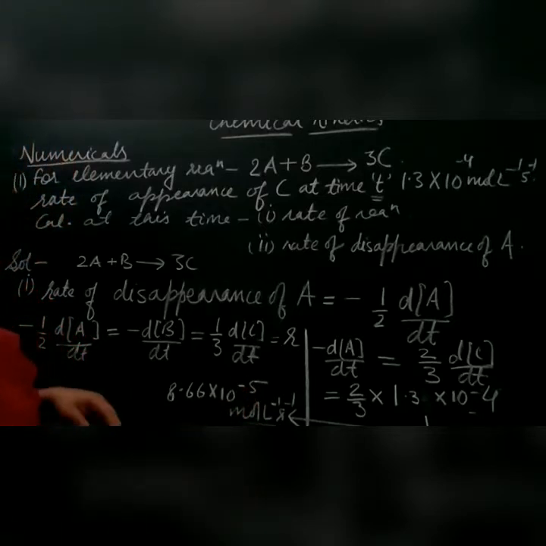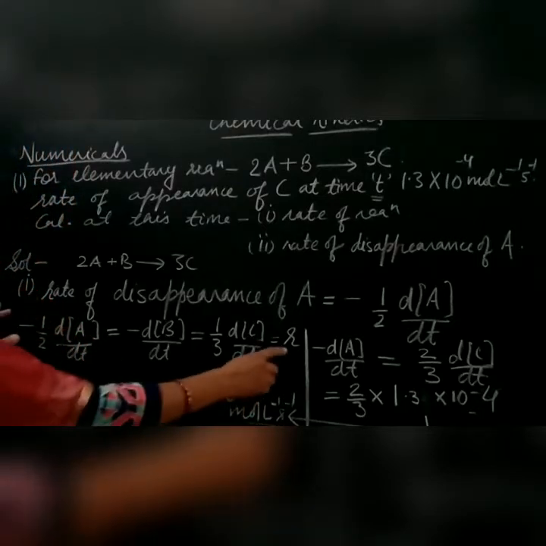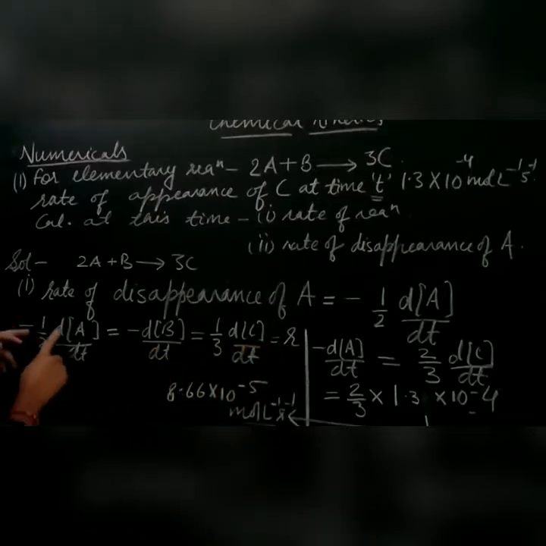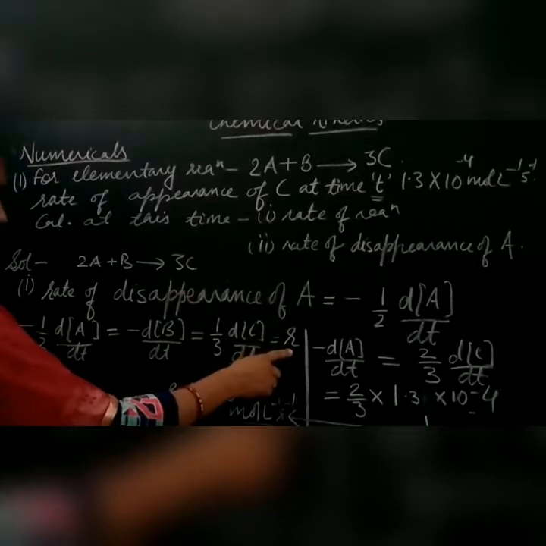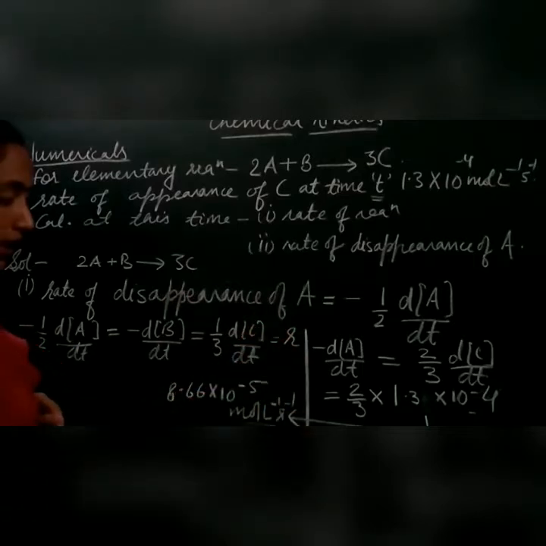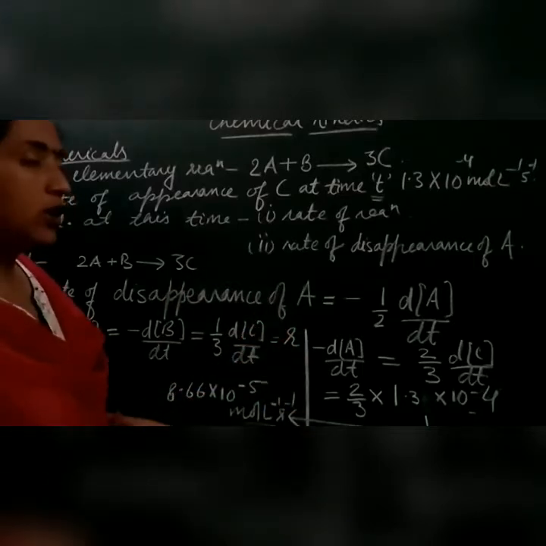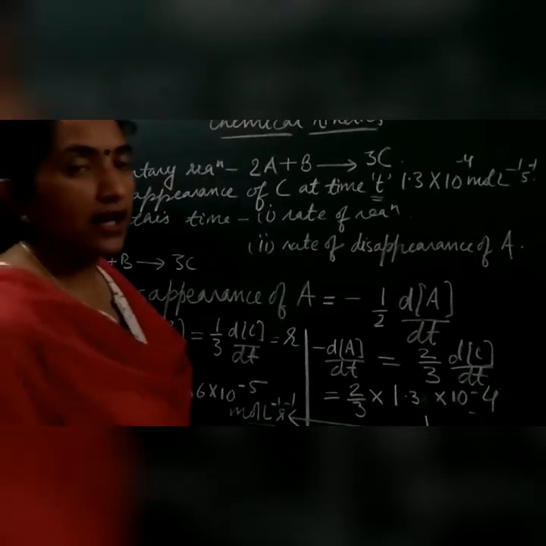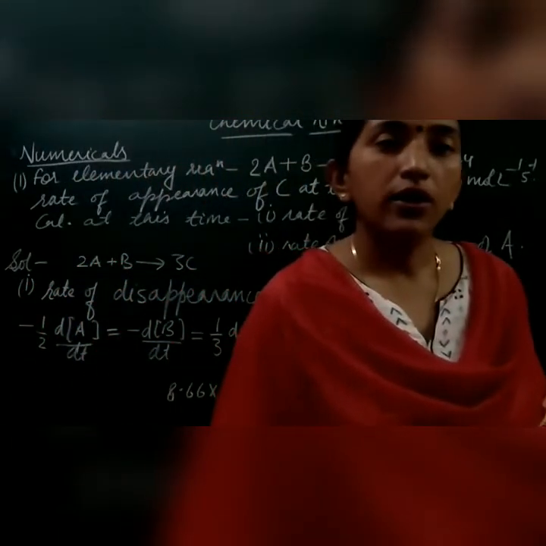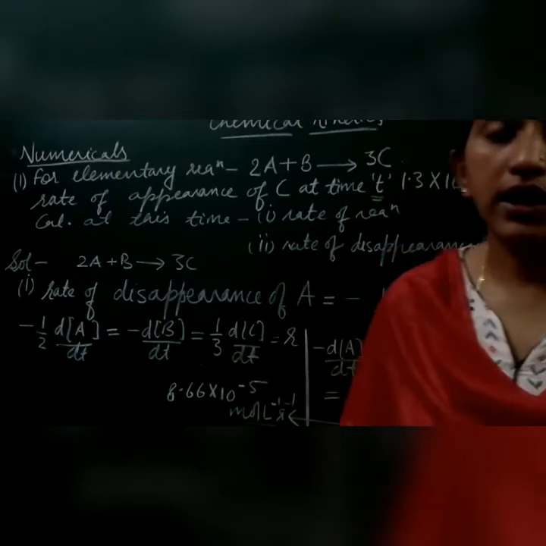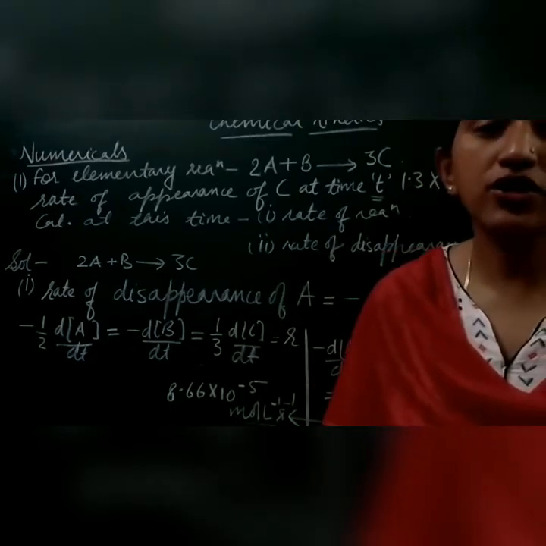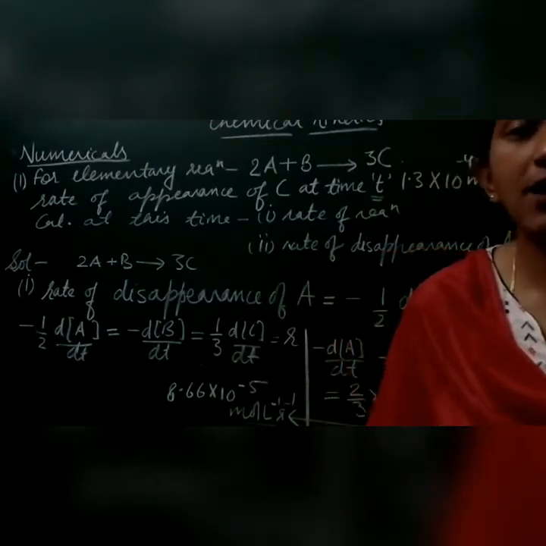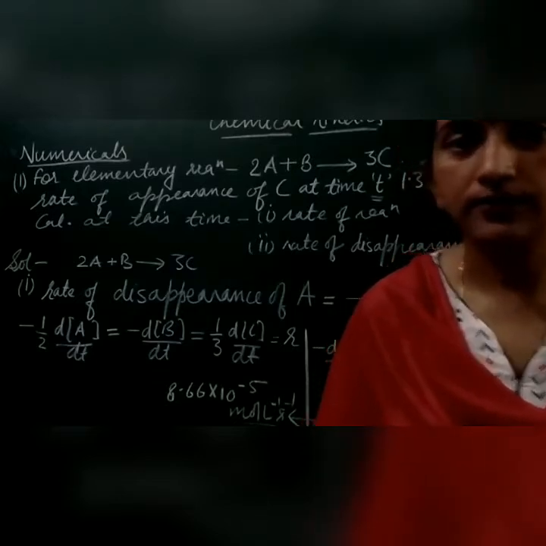You can also do it in another way. We have calculated the rate of the reaction and you can just relate this rate of disappearance of A with the rate of the reaction. In that way also you can do it. And one more thing to tell, do not forget to write down the unit at the end. Whenever you calculate any quantity, you will always mention the unit, and if you forget it, your half marks will be deducted.